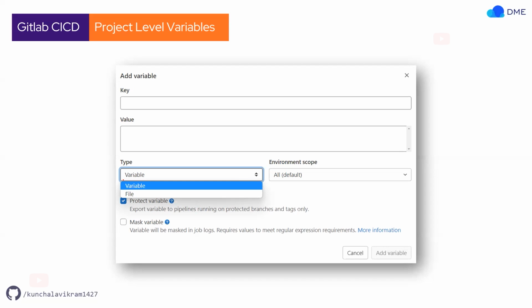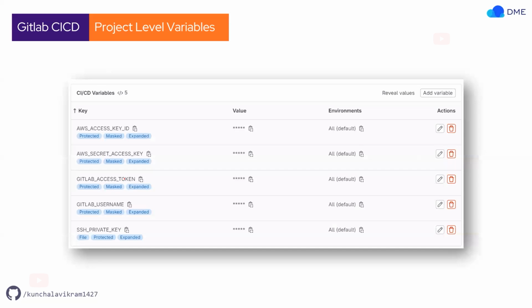project settings, CI/CD variables. This is for the previous project. You can see here I have 5 different variables, and all of them are masked. Some variables cannot be masked, like the SSH key file. So not all